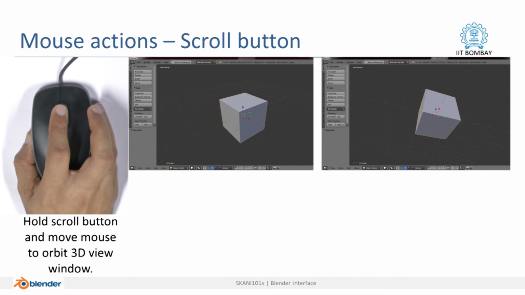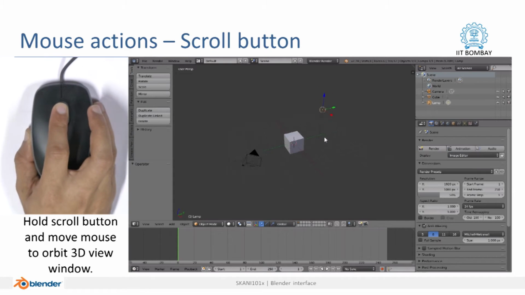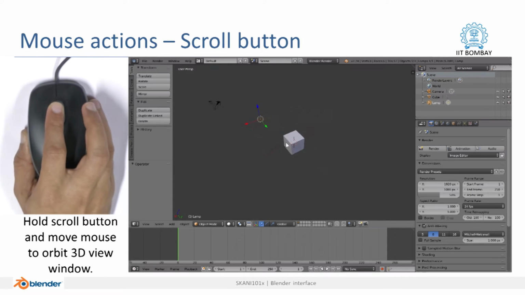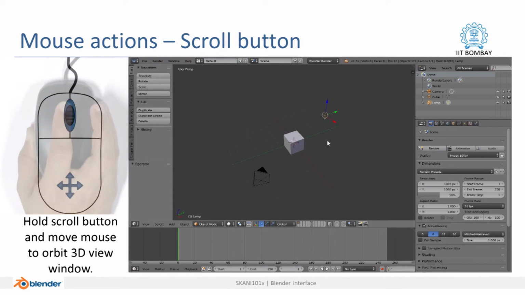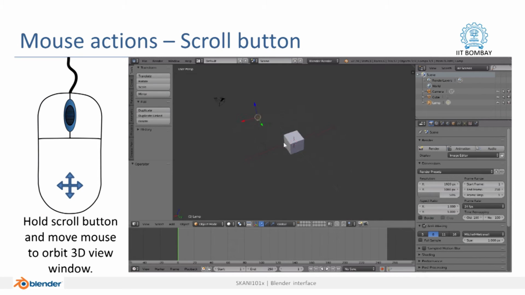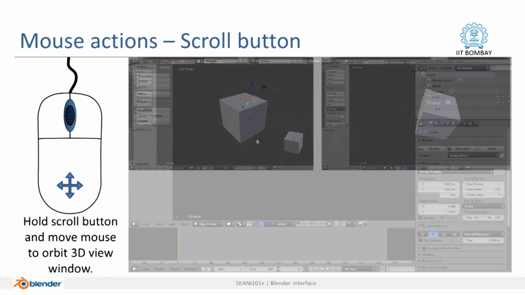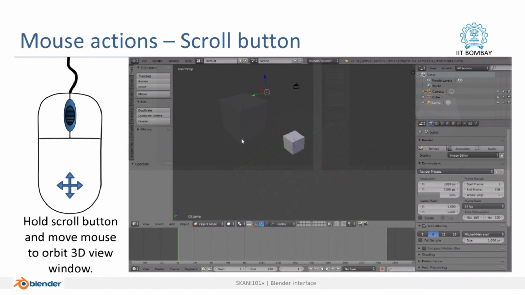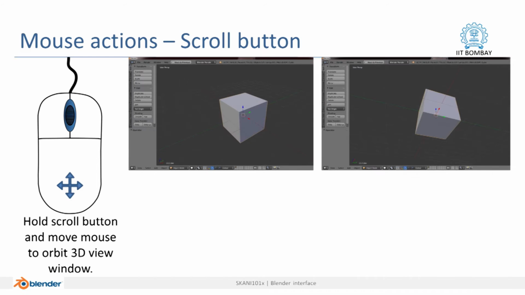If you drag it like this, then you will see that the model in the center of the screen is seen from different angles at that time. So, this is called holding the scroll button and moving the mouse, and the effect on the screen is called orbit. So, I can orbit around the object.